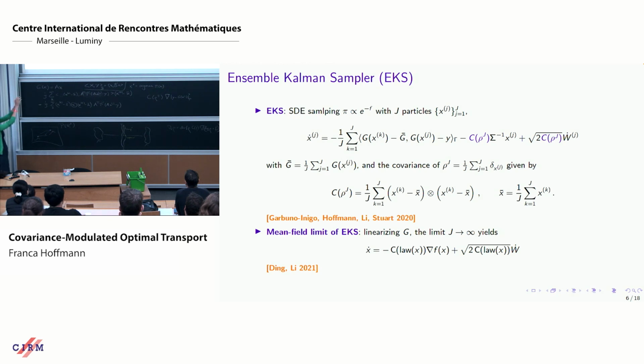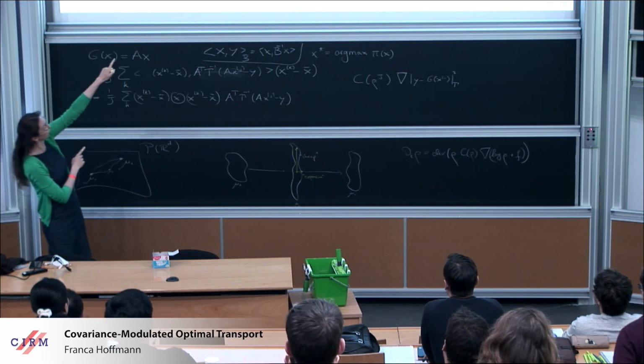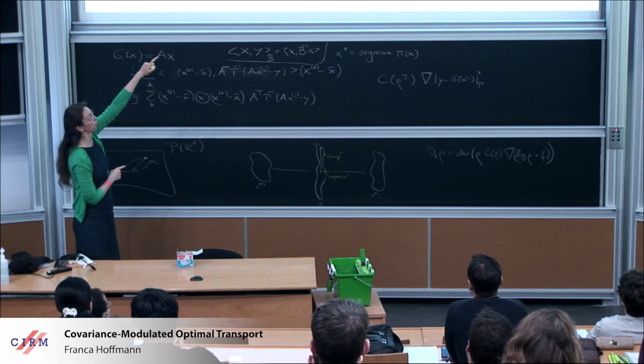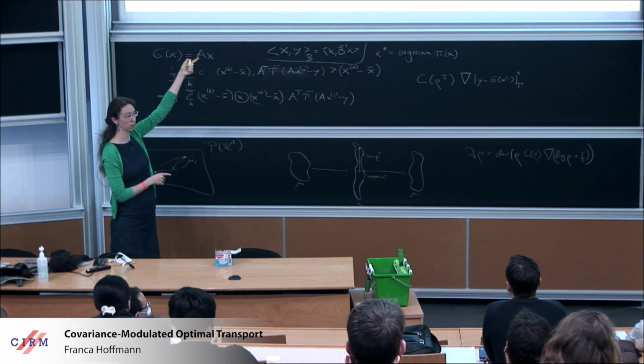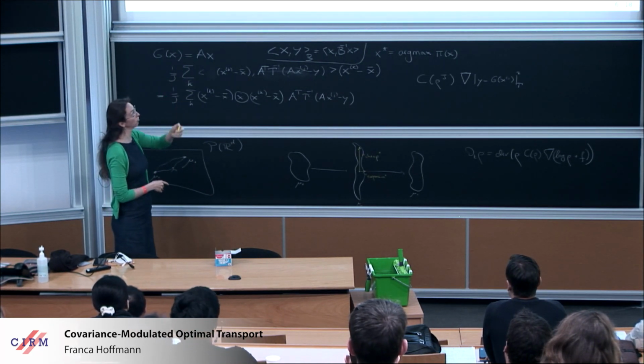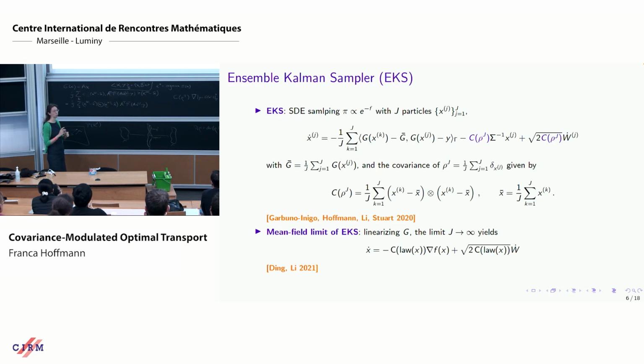Okay, and then you have these other two terms. The second term comes from the prior information. The sigma was the covariance of the prior information. You don't have to put this there. This is also sort of a new twist on ensemble Kalman methods. And then this last part, the noise, is actually really important, because if you don't have the noise, what